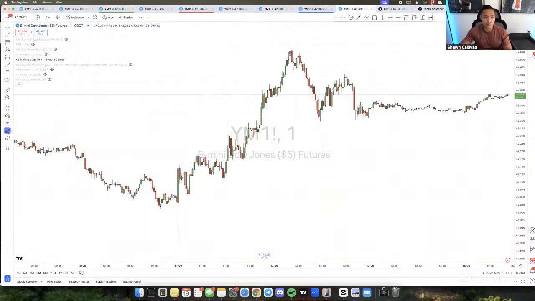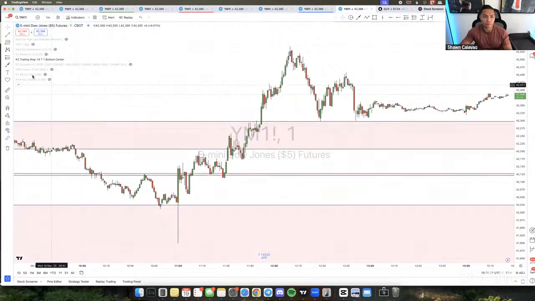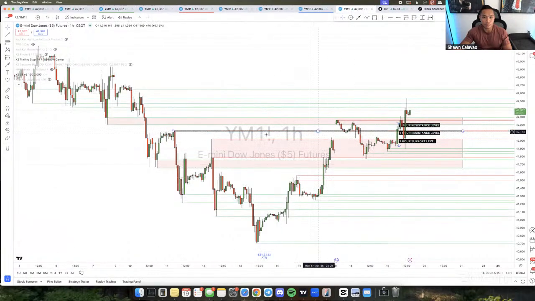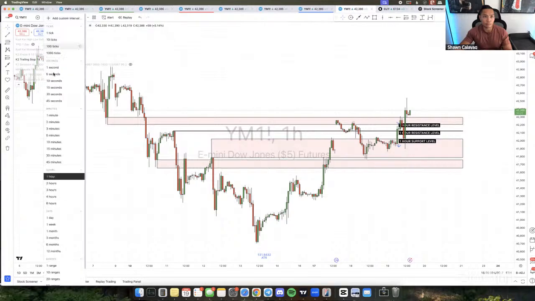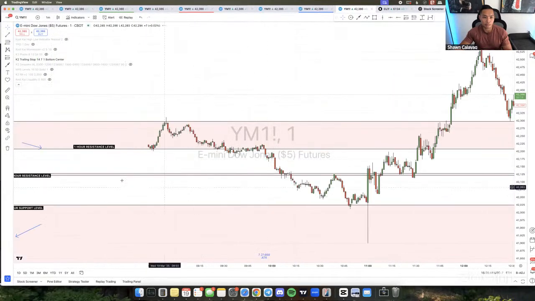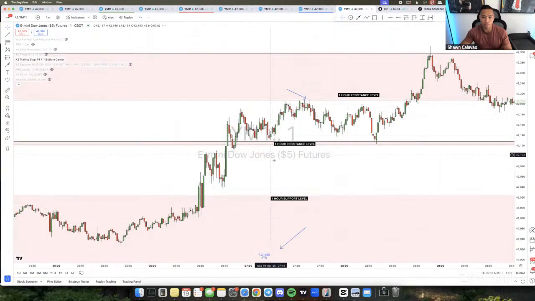So technically this is usually blank like that, but I turn on the support or resistance indicator, K2SRV2. I usually go on the 1 hour time frame, and then I mark up these levels of support and resistance. I just mark these levels up, and then I go back to the 1 minute and I leave it as is. So you can see how price respects these areas, right?